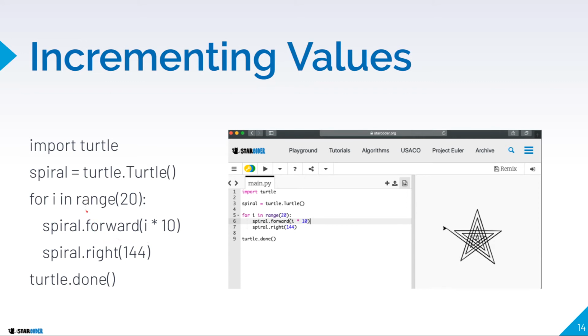And so the first time we run it, spiral will go forward I times 10, and I is 0, so 0 times 10, which is 0 pixels forward. And then it'll turn right 144 degrees. But the second time we go, I will be 1, and then we'll go 1 times 10, which is 10 pixels forward, and then it'll go right 144 degrees again. And then it'll be 20 pixels, and then 30, and so on, until we are able to create an incrementing